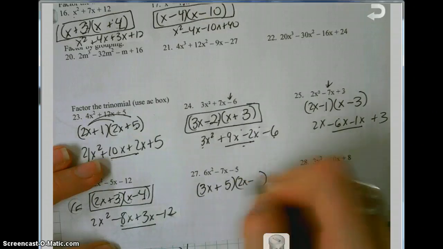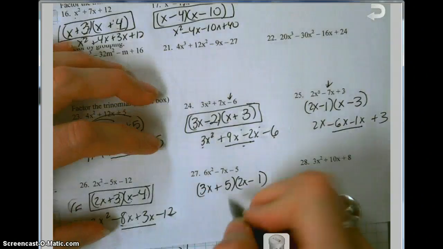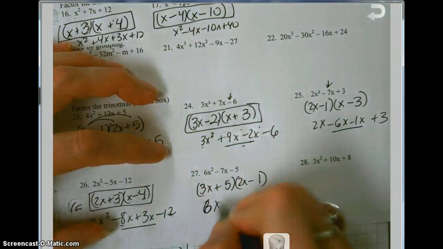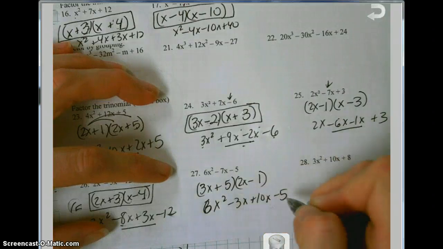Let's try a 5 and a 1. So the outer is going to be 3, and this is going to be 10. That might just work. Let's check it out. 6x squared minus 3x plus 10x and minus 5. It is so very